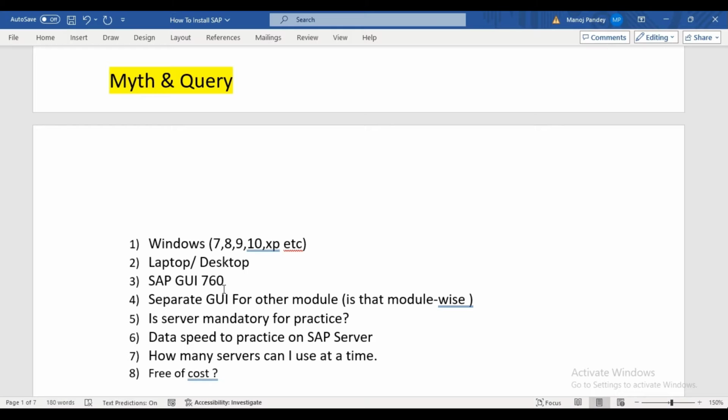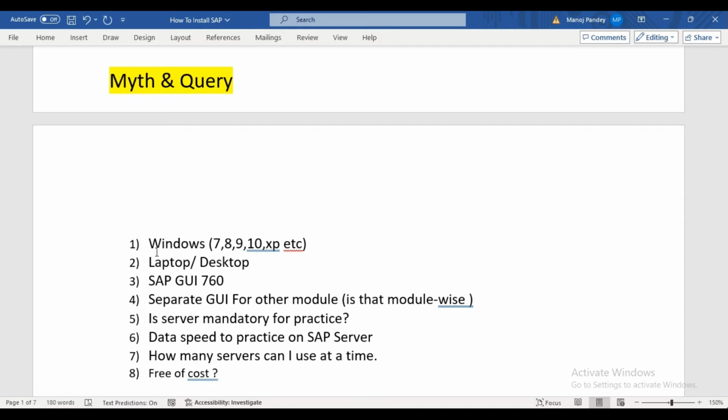SAP server versions matter, like if you have the SAP ECC version or the SAP S4 HANA server version. In SAP S4 HANA also there are so many versions, like the 1909 release, 2016 release, 2019 release, 2020 release, 2021 release.